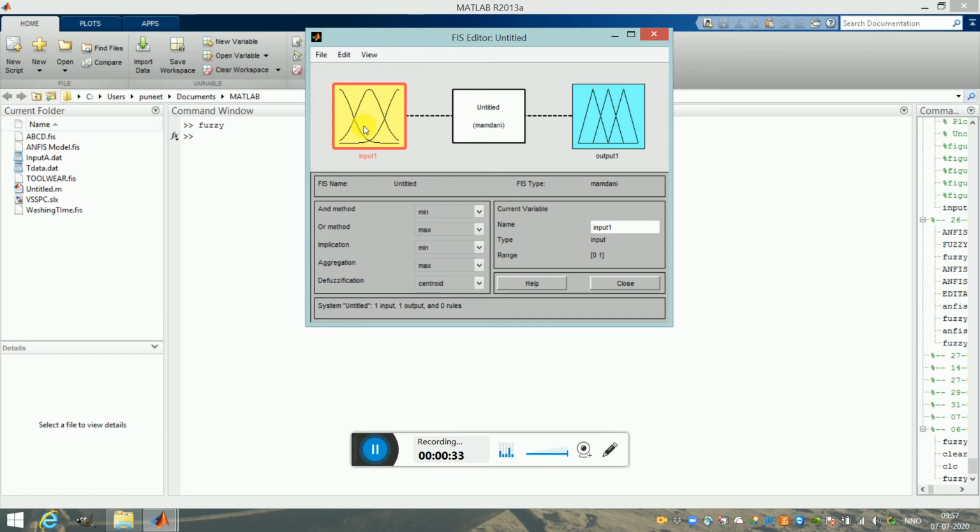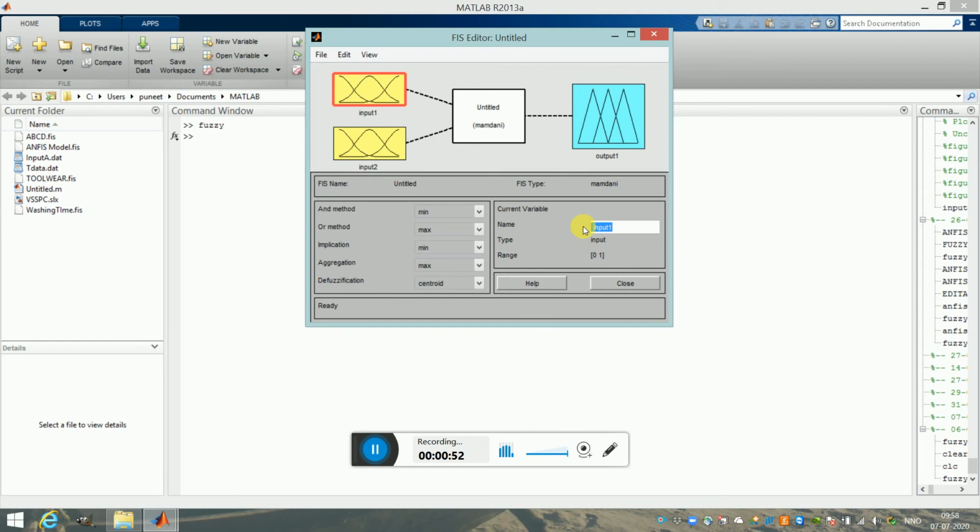In order to add more inputs, you go to edit, and you can add a variable. You can add a variable input. So now I've added two inputs. I'm clicking on the first input. I can change the name here.